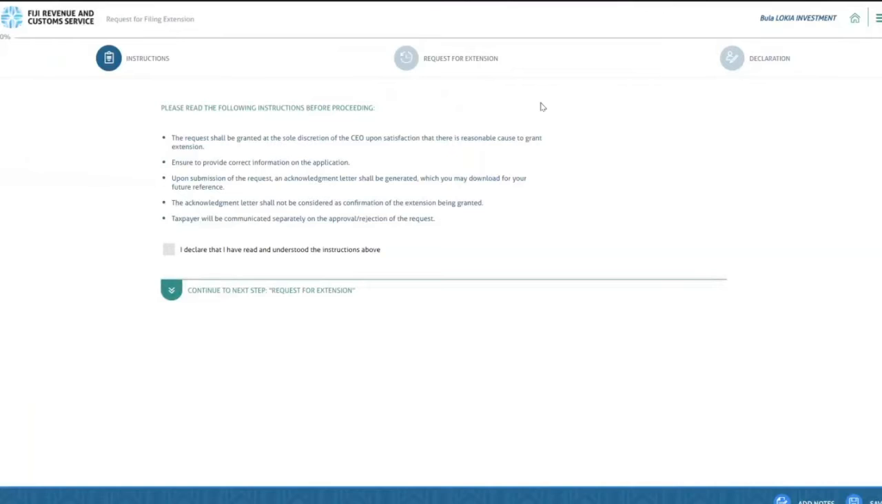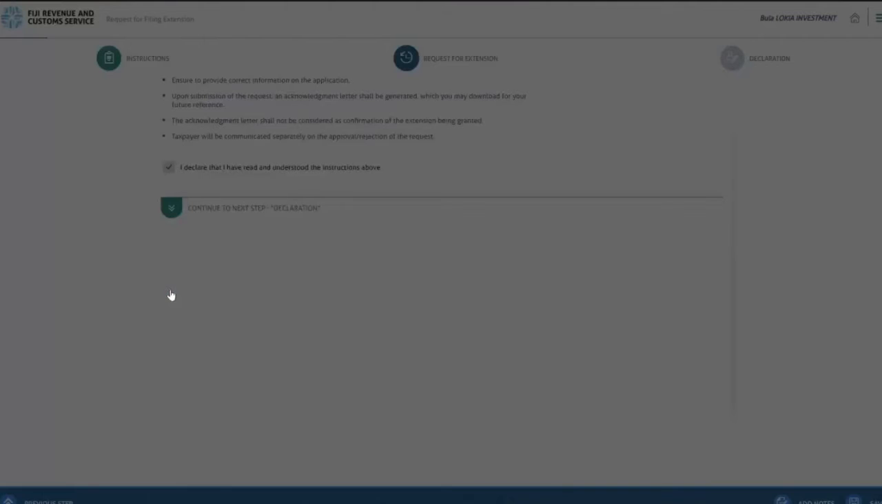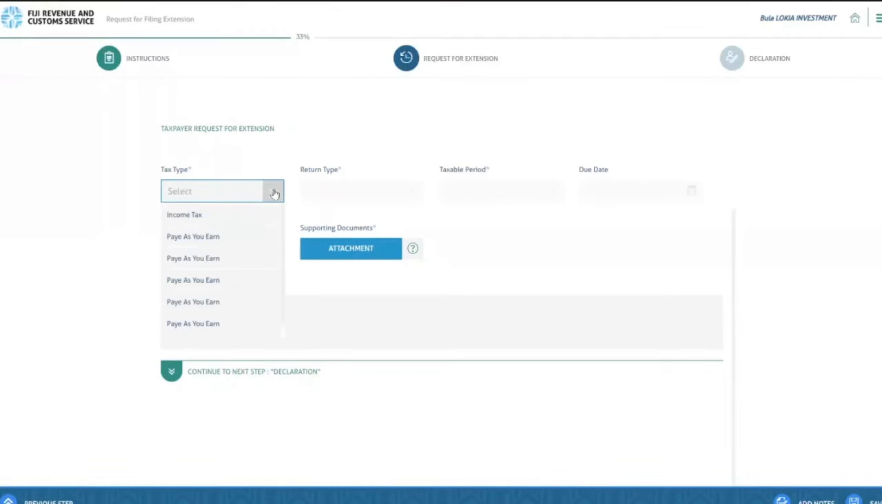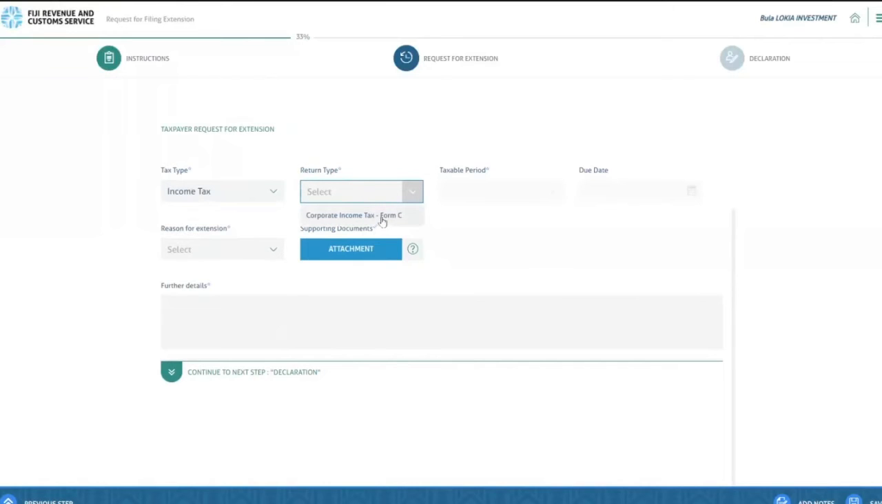Then you need to go through the instructions. When you understand and agree with the instructions, you place a tick declaring that you have read and understood them. Then, since you are requesting an extension to your corporate income tax return for the company, you select income tax. The business type is Form C, corporate income tax. The fiscal year, for example, is 2019, so your due date is 30th September 2020. If you are unable to meet the deadline, you will need to articulate the